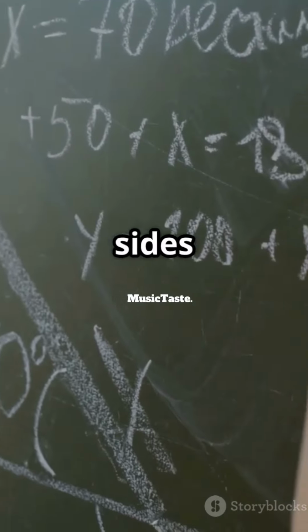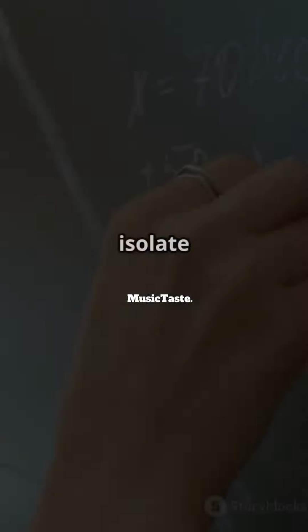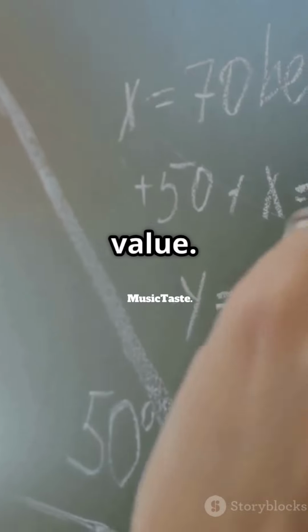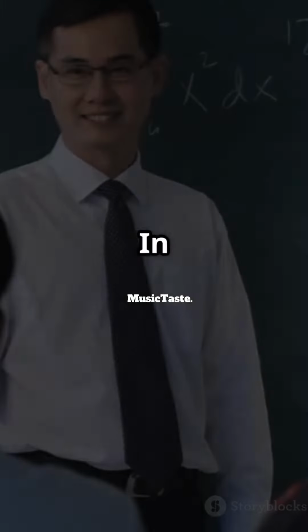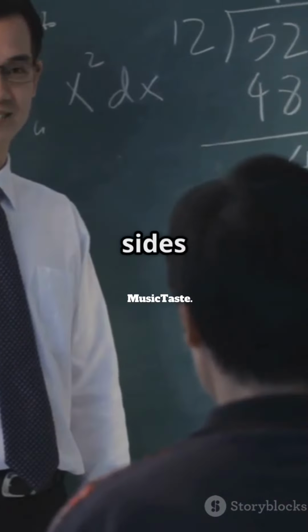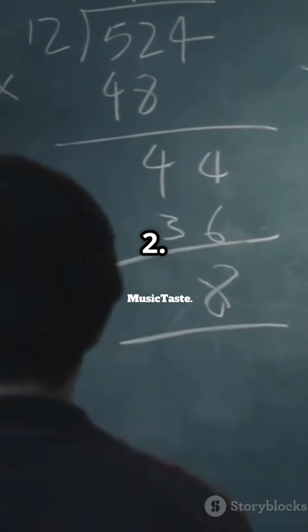By dividing both sides of the equation by 2, we can isolate x and find its value. This is a crucial step in solving any algebraic equation, and it's important to understand how to do it correctly. So, divide both sides by 2, boom, x equals 2. You've successfully